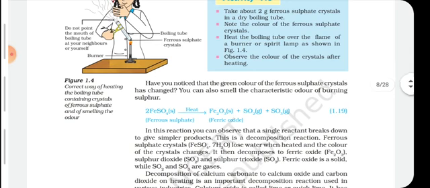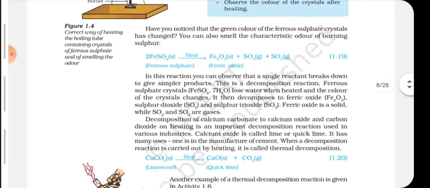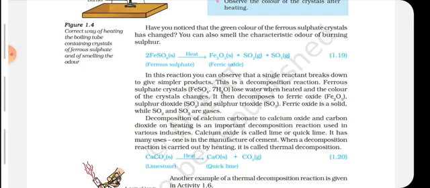They have also given us the example of FeSO4, that is ferrous sulfate, which on heating will give you Fe2O3, that is ferric oxide, plus sulfur dioxide plus sulfur trioxide. Okay students, you can see over here that a single reactant is broken down into more simple products, and so it is known as decomposition reaction. I repeat, a single reactant breaks down to give simple products. It is known as